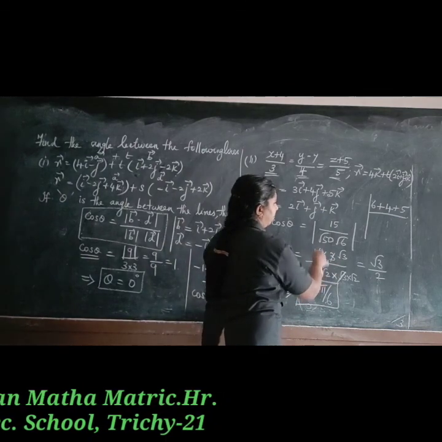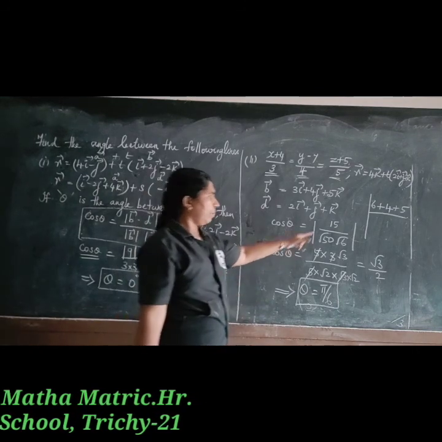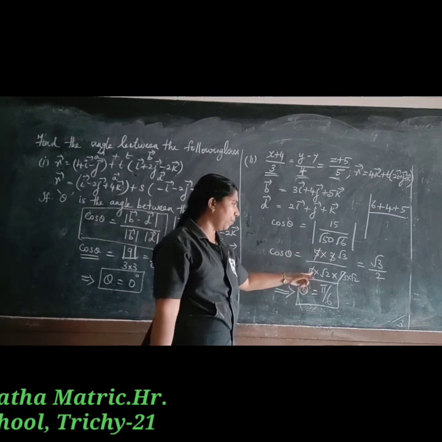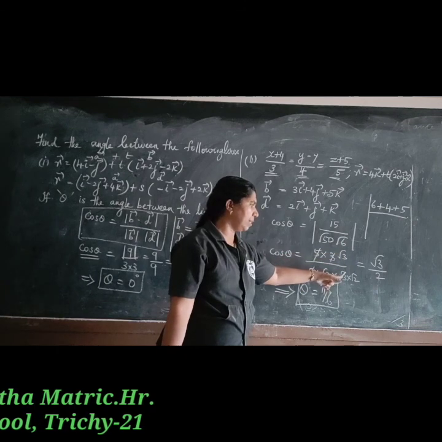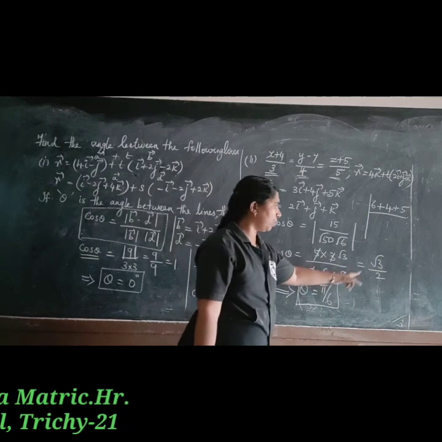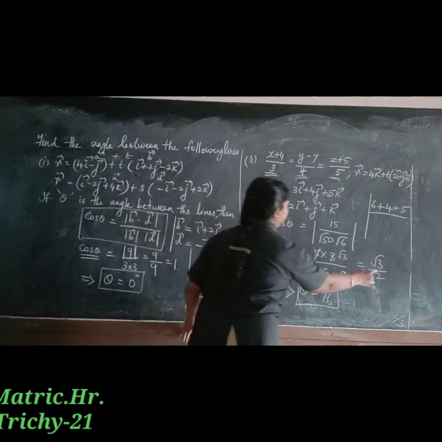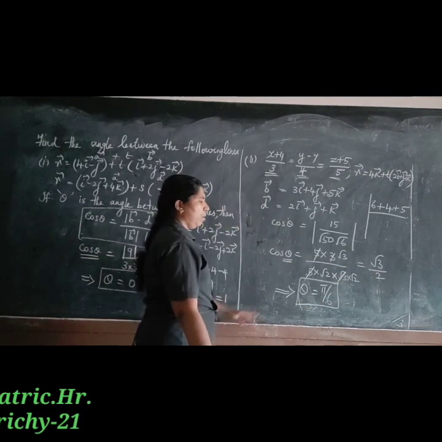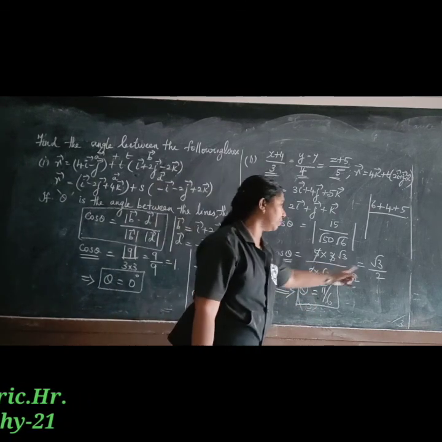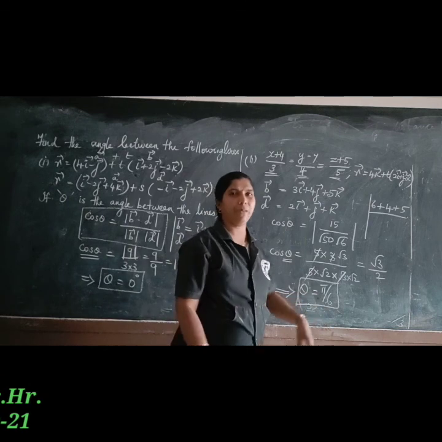We want to simplify. Since the modulus is there, we will not consider the minus sign. So when you are solving this, 5 3s are 15. 25 into 2, square root of 25, 5. So 5 root 2. Again this root 6 can be written as root 3 into root 2. So after cancelling we are getting root 3 divided by 2 into root 2, that is root 3 divided by 2. So the corresponding value of theta for root 3 by 2 is pi by 6. We know cos 30 degree equal to root 3 by 2. Therefore the angle between the two given lines is theta equal to pi by 6.